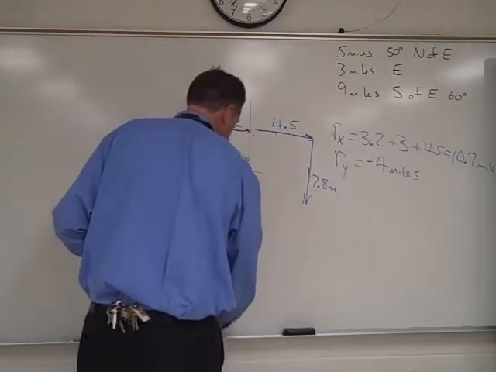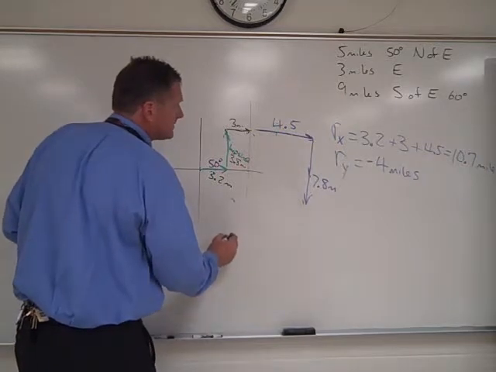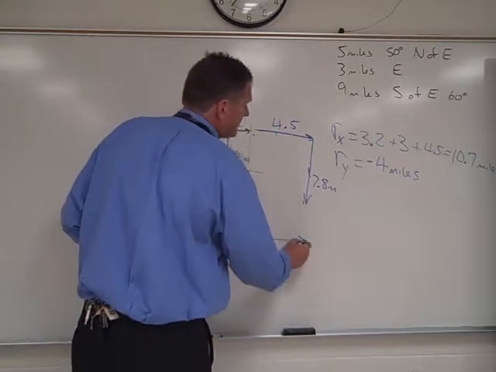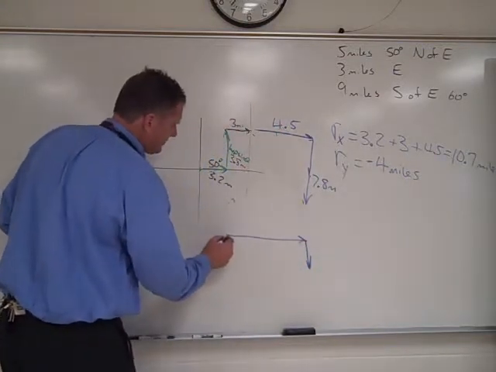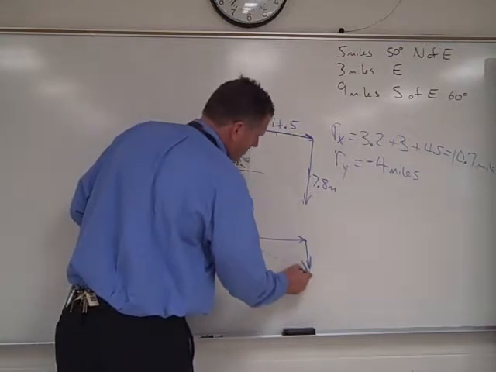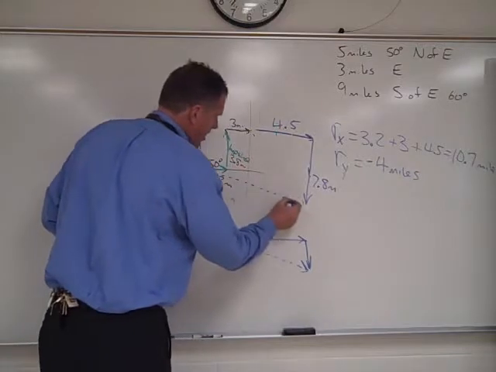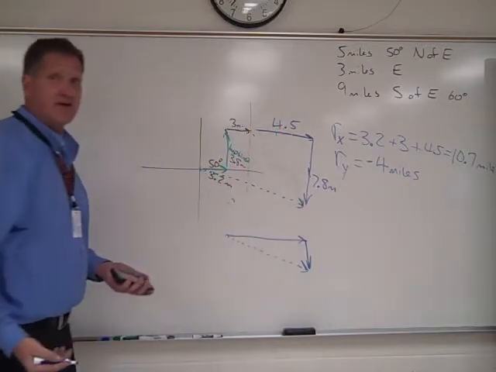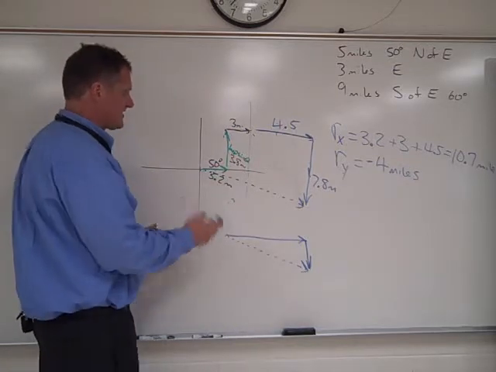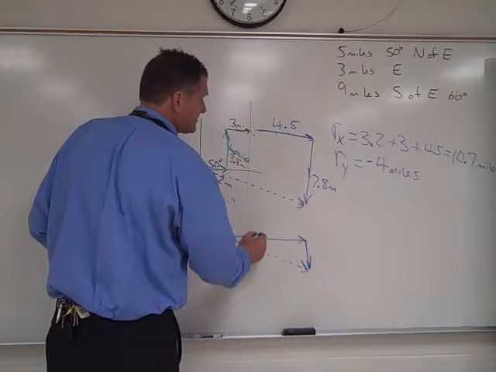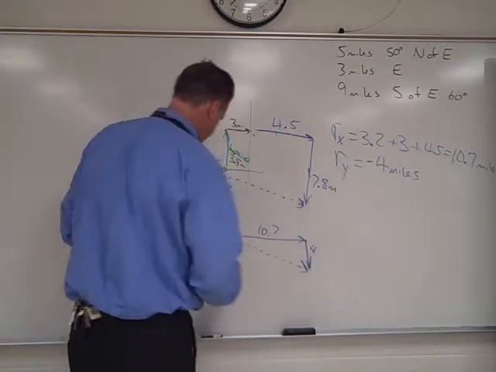So what does this mean? It means I can replace all this with a vector that is 10 this way and 4 this way. So my resultant vector should look something like that. And the big question is, does it? This vector looks just like that vector. So, once again, vectors are meant to be moved around and manipulated just like they are here. So if this is 10.7 and this is 4,